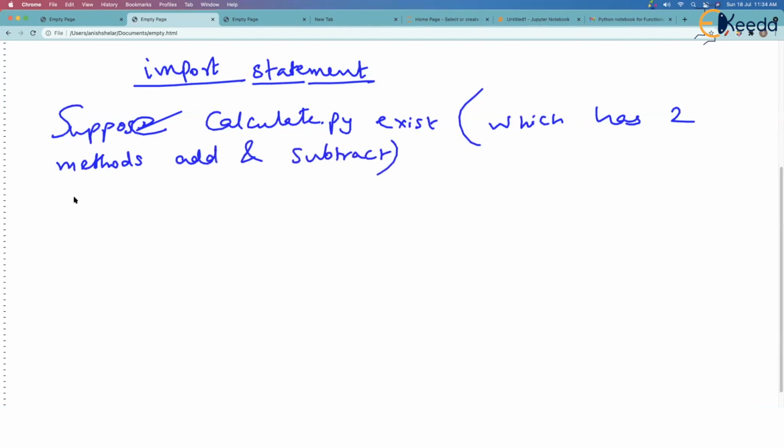Then the ways to import calculate.py are, see, the first method to import calculate.py is, we said import,